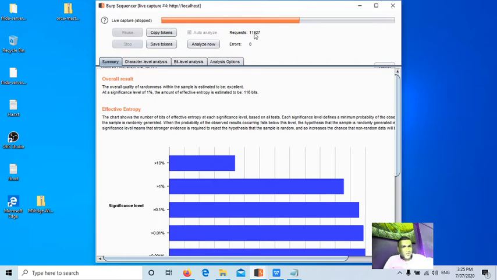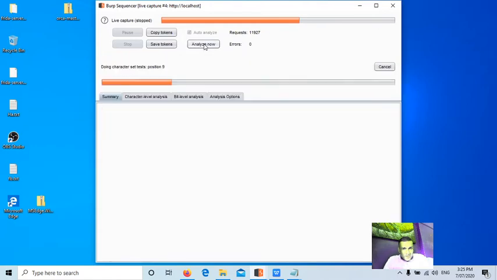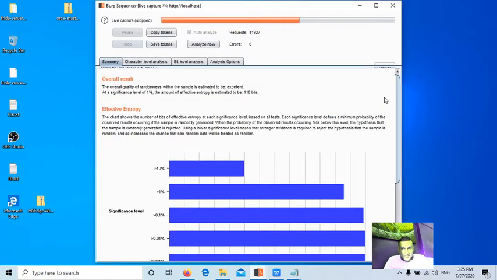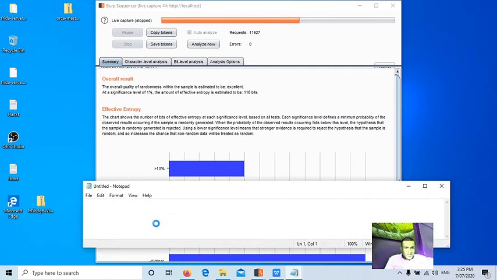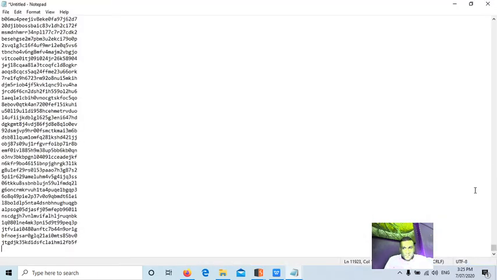If it is Google or Facebook, you should not check those websites without permission, guys. Now if you see the analyze now button for those 10,000 IDs, the overall quality of randomness is excellent. That means for the 10,000 session IDs I have generated, I'm clicking on copy tokens. You can also keep a backup with you. That means there is no duplicate generated. These are all the session IDs. So the server is perfectly generating the session IDs so that no one can misuse them.